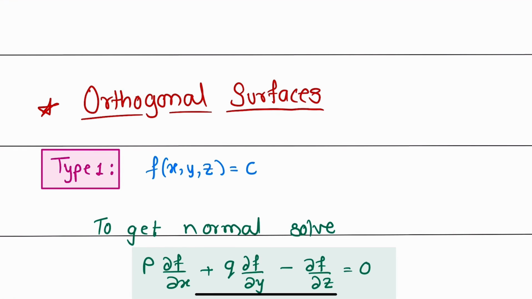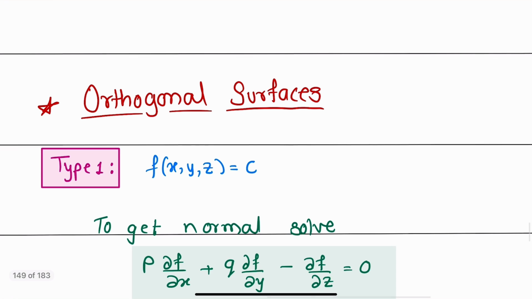Welcome back, friends. In today's video, we will see how to find orthogonal surfaces. To find orthogonal surfaces, we have two types. First, let us say we are given a function f of x, y, z equals some c1. In such cases, we can find the normal to that particular surface, which is an orthogonal surface, in the